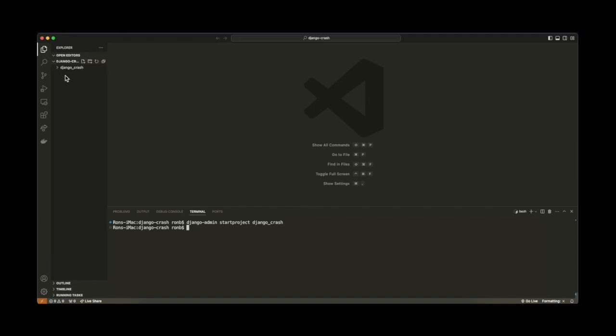As you can see here in the left sidebar, I have a new django_crash folder. If I expand that folder, you're going to see here that there are several files and folders that have been added as part of this project. Now, I'm going to go through these at a very high level. It's not important for us to cover all of these in this tutorial, but I'll give you a very high level